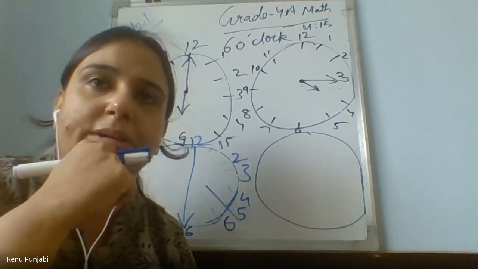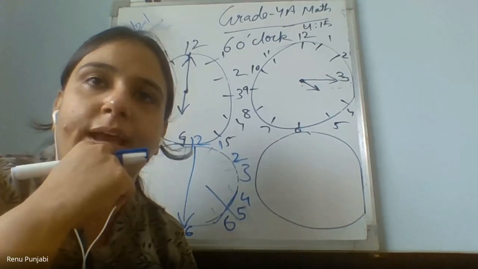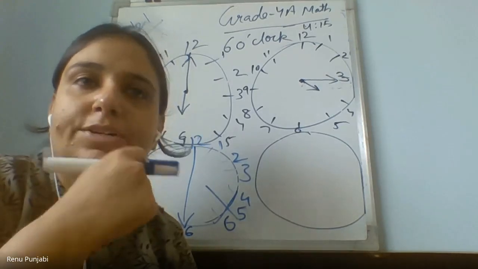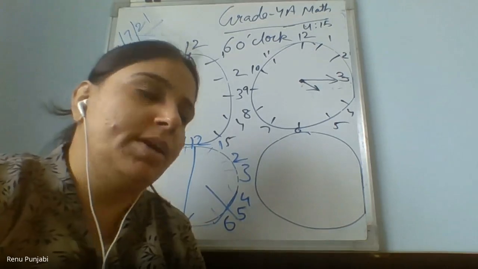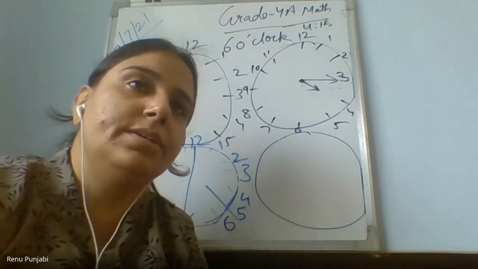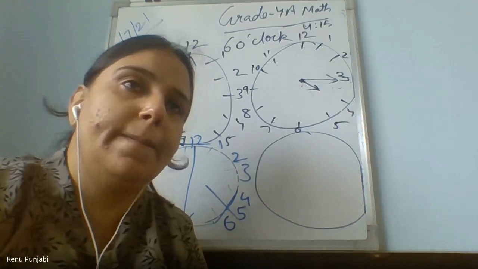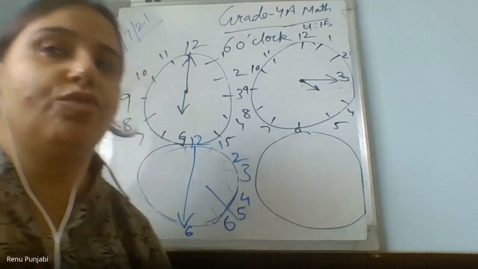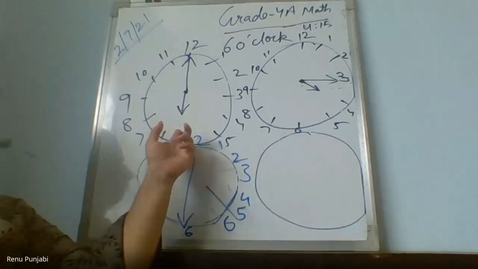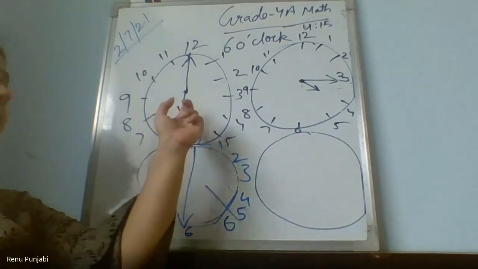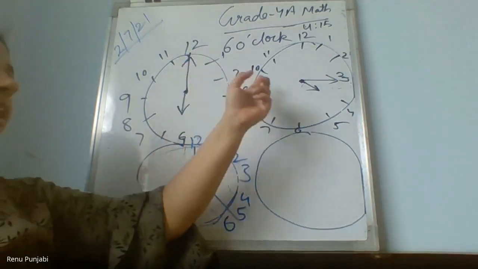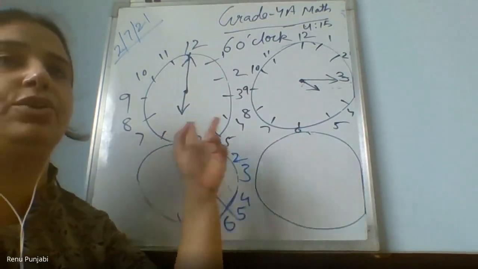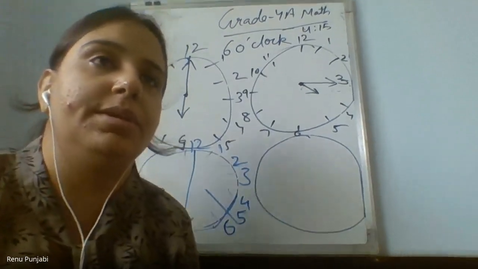and explain to me that, ma'am, I have drawn the hands with this number and this is the time it is showing. I will start one by one. Viha, tell me what time your first clock is showing if you have drawn the hands. Ma'am, I have not drawn the hand. For example, in my clock, I have drawn the hands at 6 o'clock. So my short hand is on 6 and the long hand is on 12. This way you can draw any timing in your clocks and tell me and explain to me.